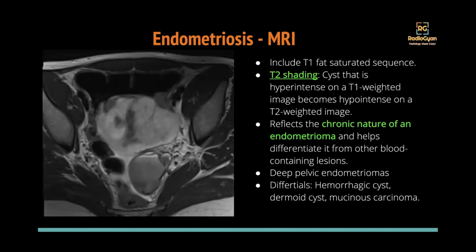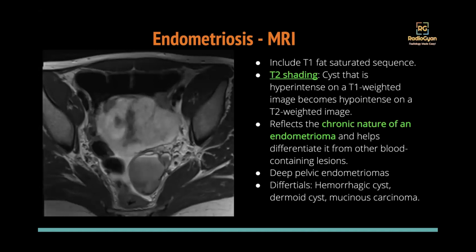The other important feature that you have to look for on MRI is deep pelvic endometriosis. What can happen is that some of the menstrual blood can spill in the peritoneum. These endometrioid deposits can get deposited in various peritoneal spaces. Now, the surgeons will treat the endometriomas in the ovaries. For example, if it's a large endometrioma, they will operate it, but they will leave behind these deep pelvic endometriosis, which can cause recurrent pain for the patient.